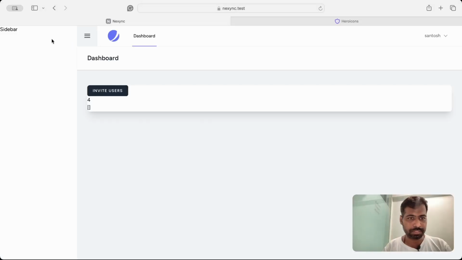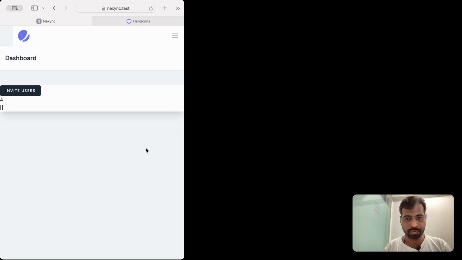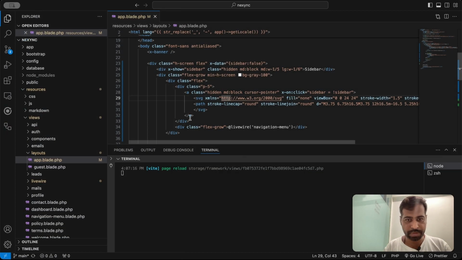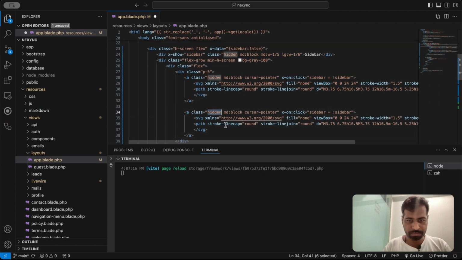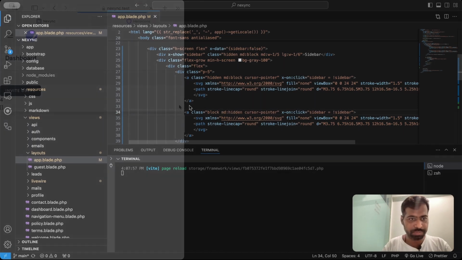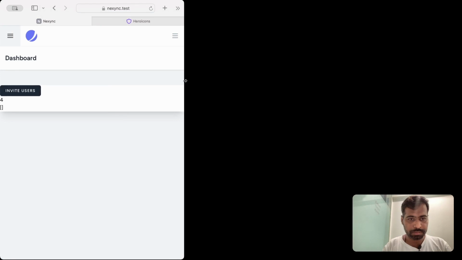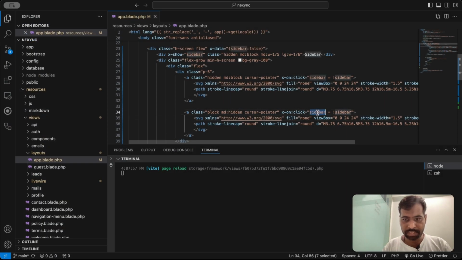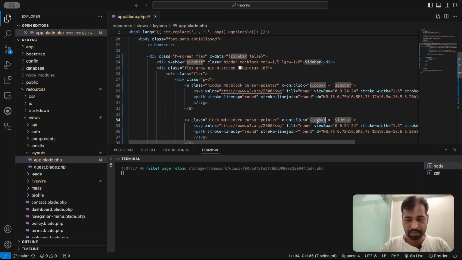Now we have this sidebar working, and we want to add one mobile menu. For mobile, it will be shown. So I will add one more links. It will be shown by default, and it will be hidden for medium devices. Now we can see this, and rather than sidebar, I will call it mobile, and